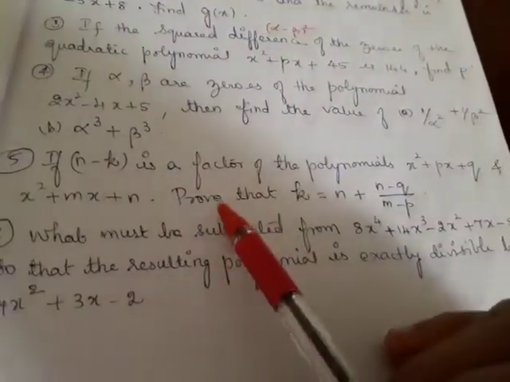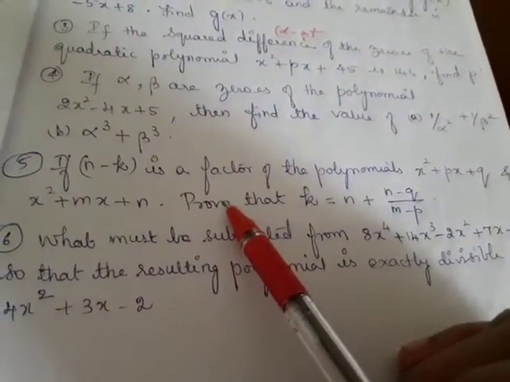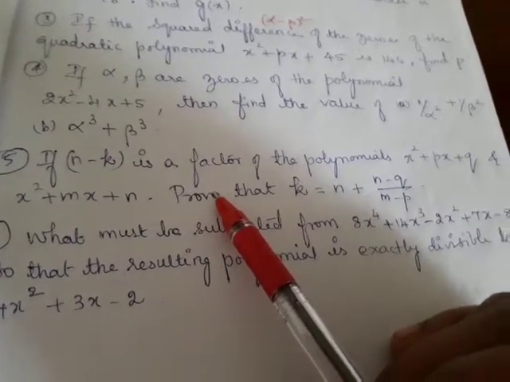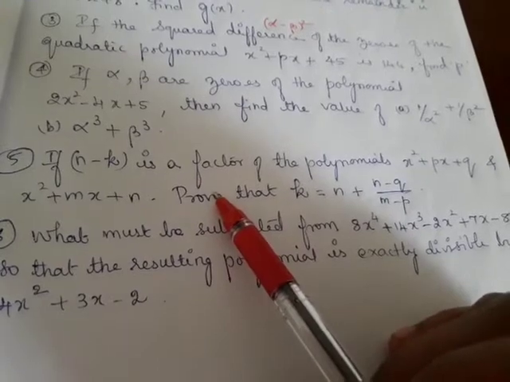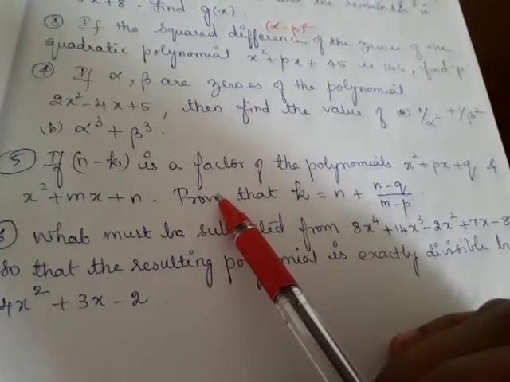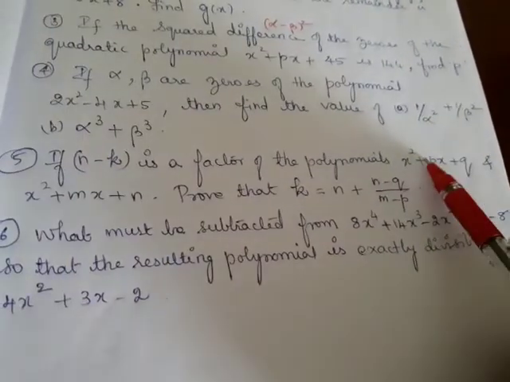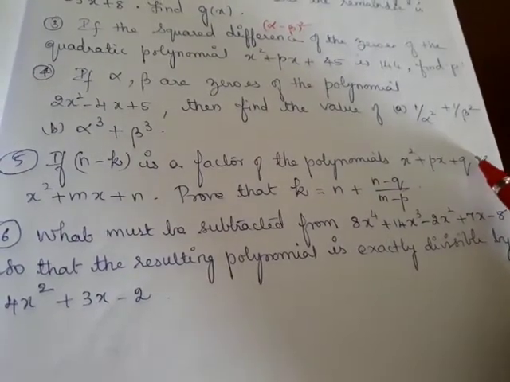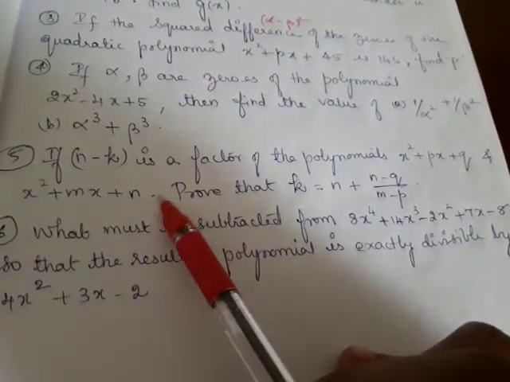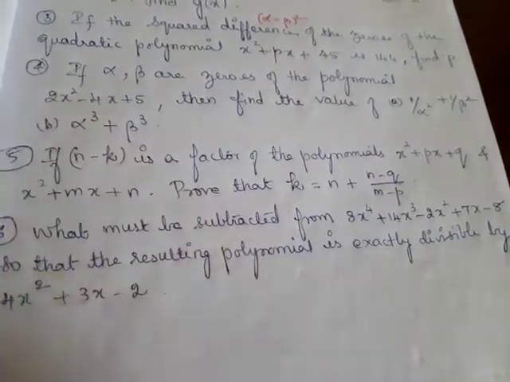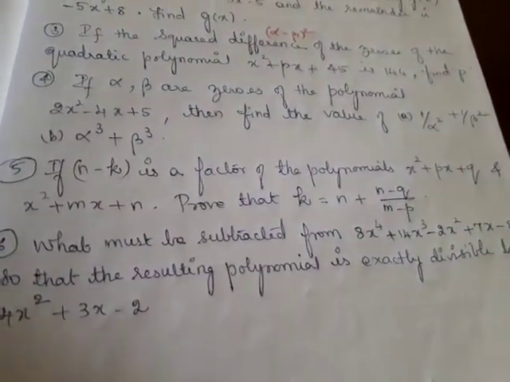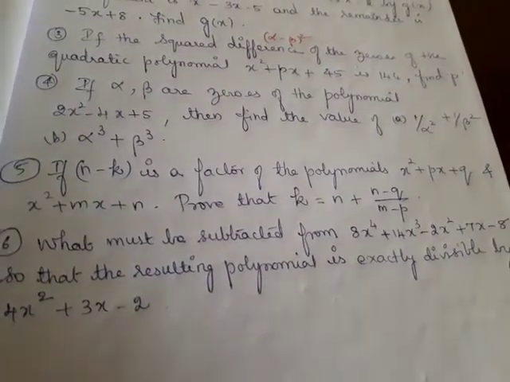Even problems of this kind we have solved in class 9 using the remainder theorem. Hope you remember. They will give both the polynomials leaving the same remainders, then find some unknown value. The same way, after substituting this value, the remainder will be 0 here, and even here it will be 0. So both the expressions you can equate and bring all the terms to the other side, keeping k alone on one side, and you will get this expression.